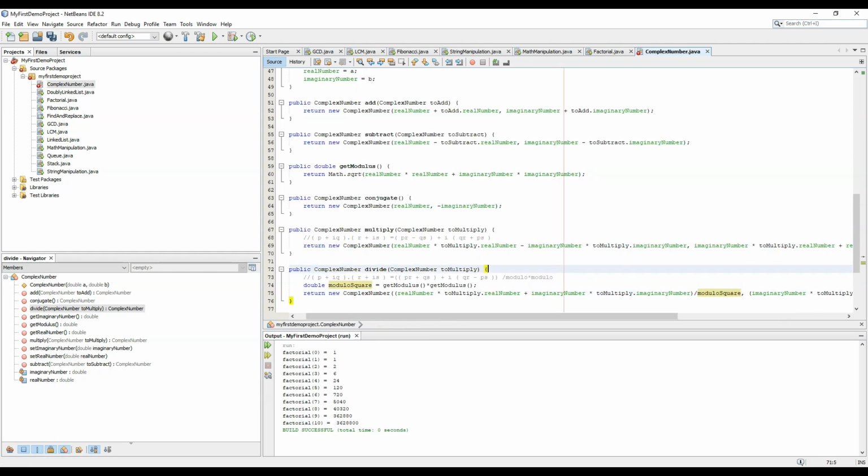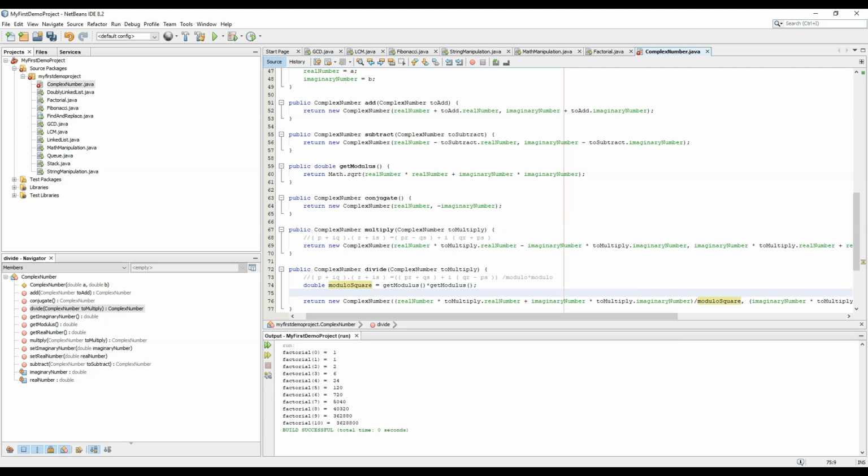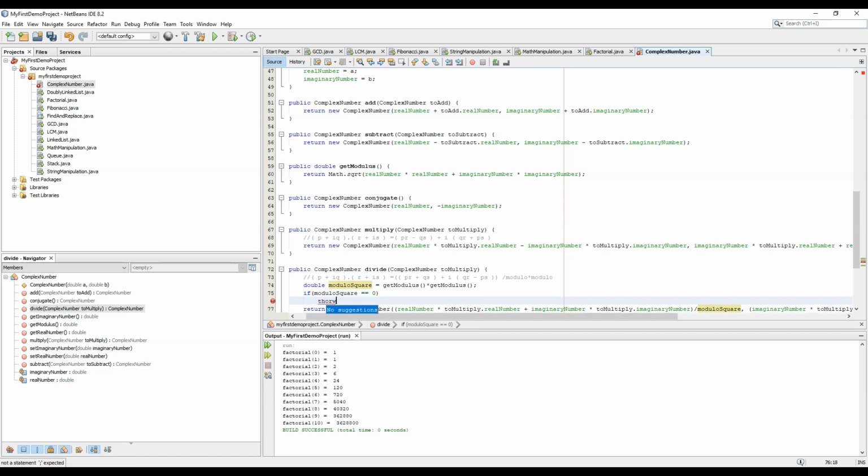One condition, since we are dividing it by modulo square, it should not be equal to 0. So if modulo square equal to 0, throw new exception, modulus cannot be 0, or you cannot select a 0